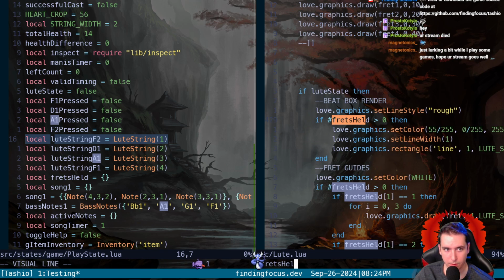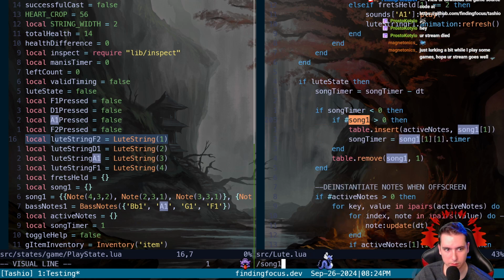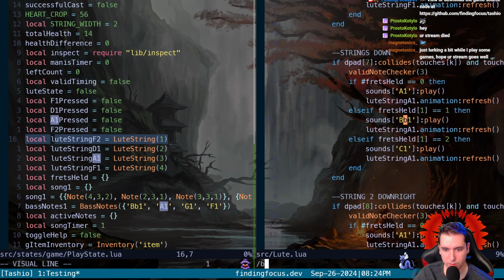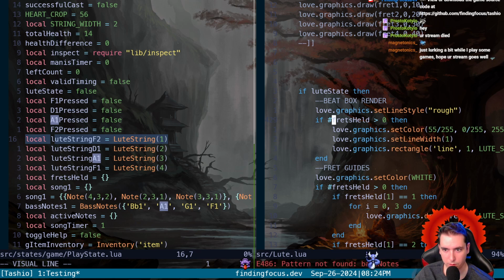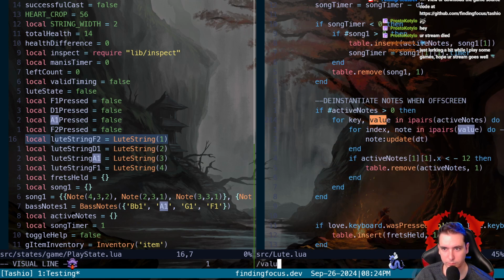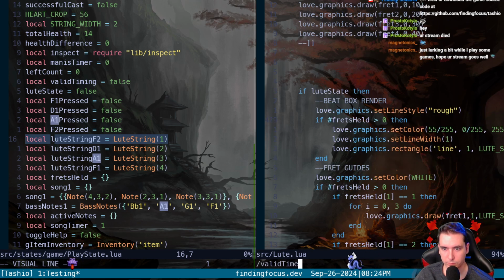Yes. Also song 1? Yes. And then also bass notes? Maybe not. I don't think we're using bass notes at the moment, so we might be okay. What about valid timing? No.